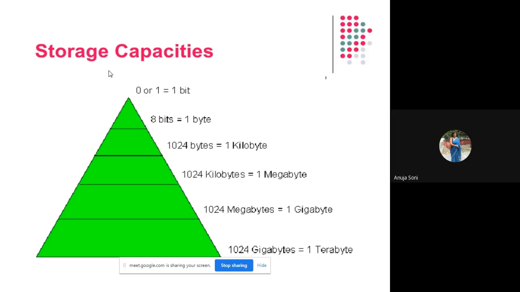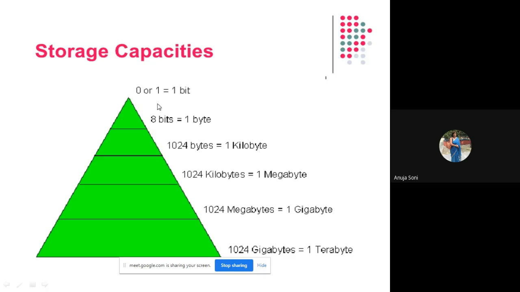So translators are a set of software to convert high-level or assembly language programs in terms of zeros and ones, and the language of zeros and ones is called machine language, understood by the system. Now if we talk about data, the smallest unit of machine language or data is 0 or 1, which is called 1 bit. At a time 1 bit. 0 is 1 bit, 1 itself is also 1 bit.